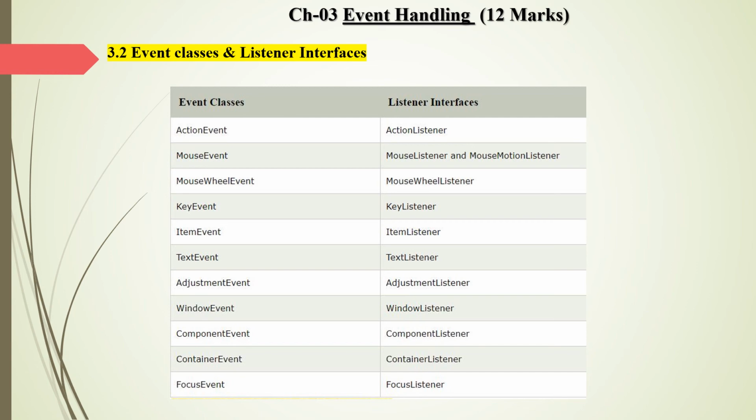In the first two chapters we only studied the coding related to the design, meaning we only designed the various components in the container. Simply, we only designed one Google form, with a login button, username, password. We generate the different components, but we did not study the coding related to events.